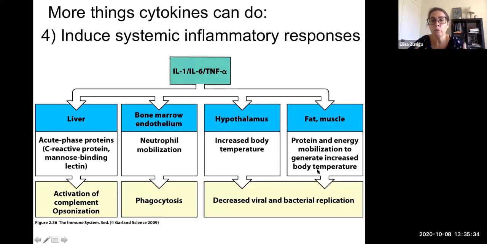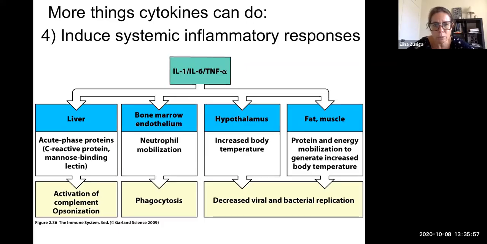And this will induce fever, that is a typical response to an infection, but is induced by these cytokines acting at the level of the hypothalamus. And this will decrease viral and bacterial replication because they have evolved to optimally replicate at 37 degrees,